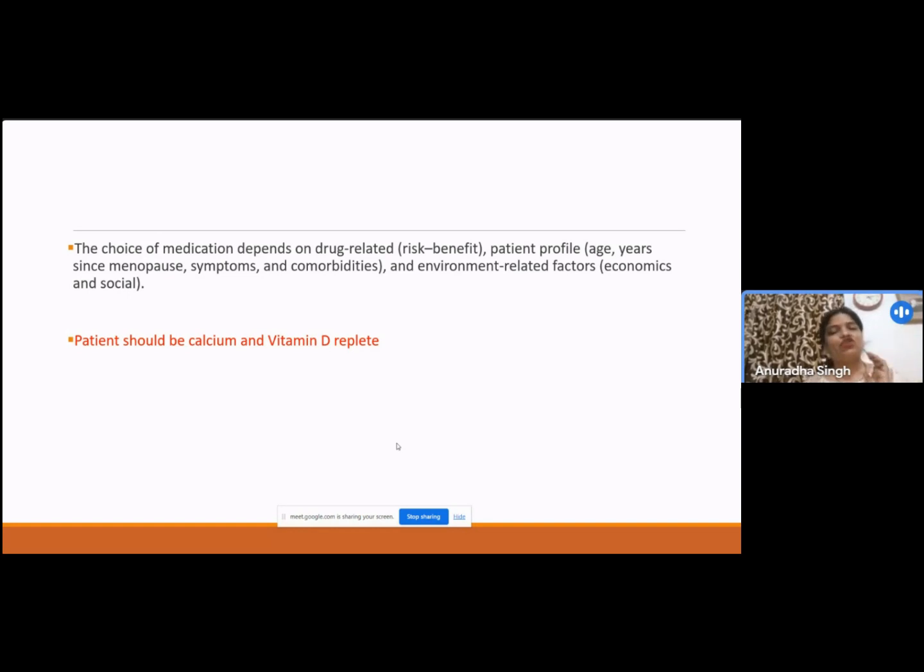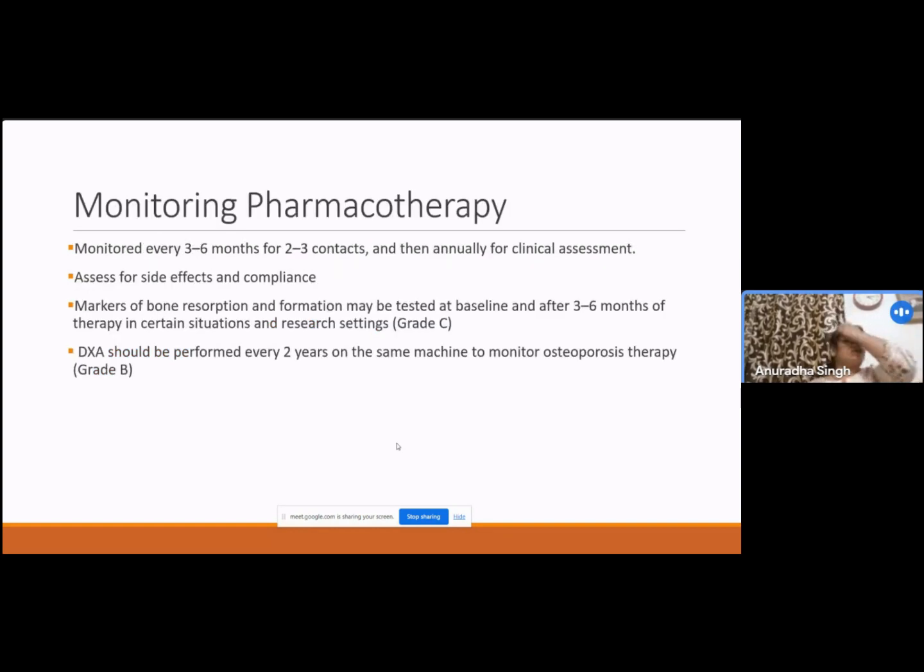That means their levels should be normal. Monitoring pharmacotherapy. Now, monitoring is essential when we are putting patients on pharmacotherapy. It is very frequently to the tune of 3 to 6 months for the first 2 to 3 contacts. We have to assess for the side effects and the compliance. We may get the bone resorption markers done, and DEXA should be performed every 2 years on the same machine